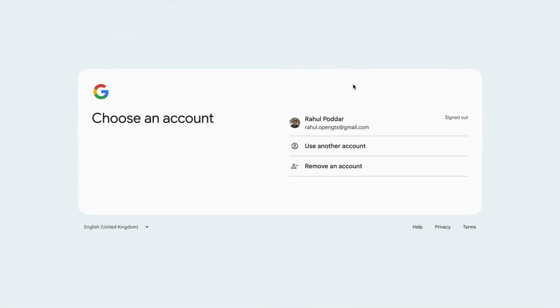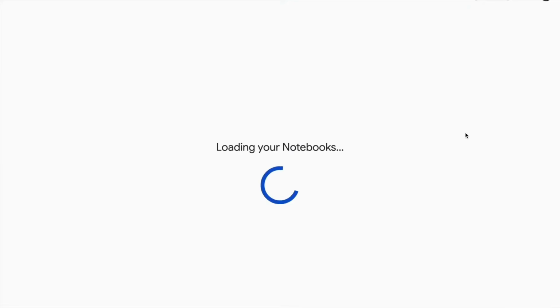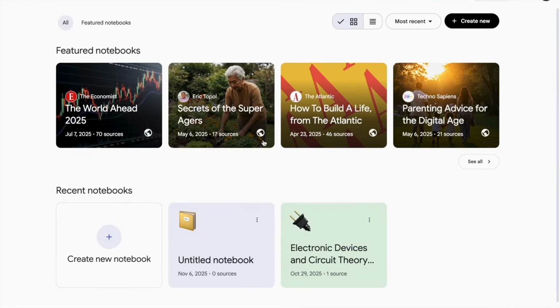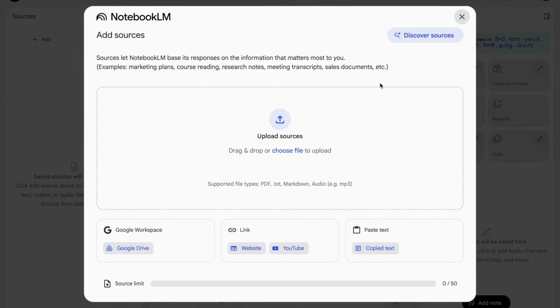You just need to log into notebooklm.google.com. First you have to go to the page and log in with your ID, and this is how you're going to log in. You will end up on a page like this, the main page, where you have a list of all the notebooks. You just need to click on the plus, and you get a pop-up